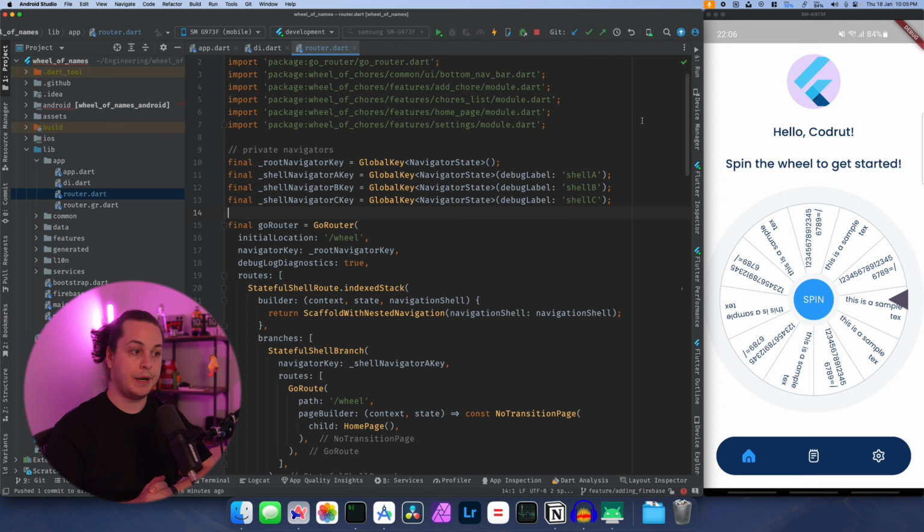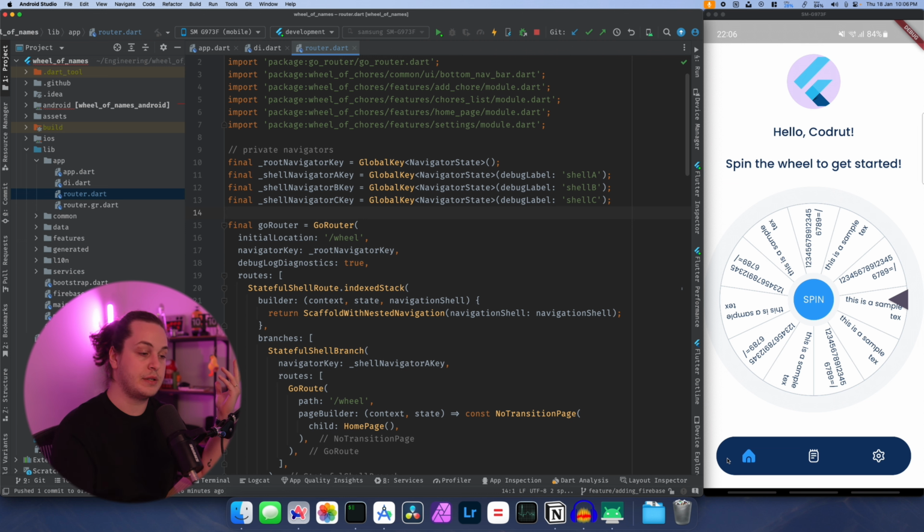Okay, so the app ran. We are welcomed with "Hello, my name Kodruts" and "Spin the wheel to get started." These are my debug labels because I am using debug labels for everything. I mean this text because I want to know if everything fits, or if short, long text fits well. Anyway, we have the navigator itself, I mean the bottom navigation bar, which handles the navigation between